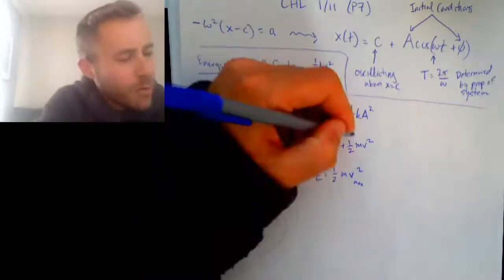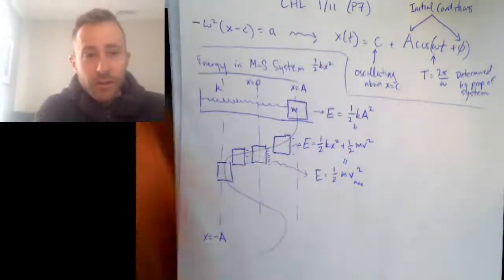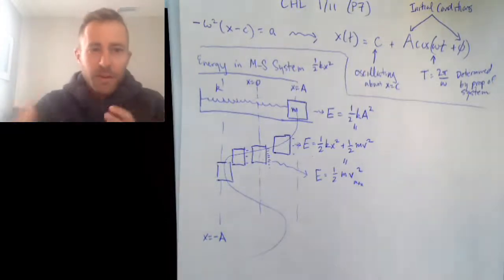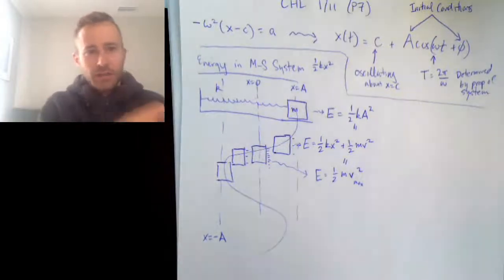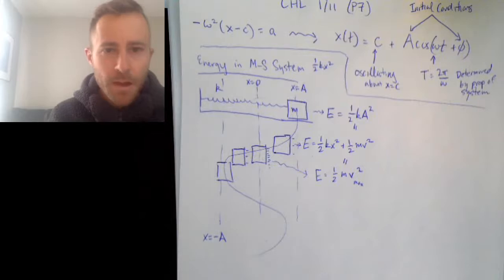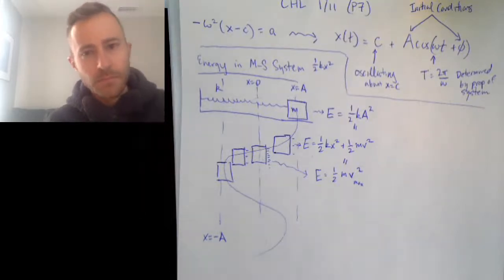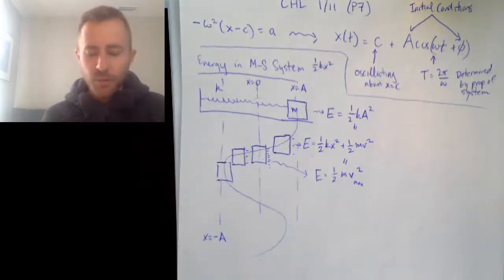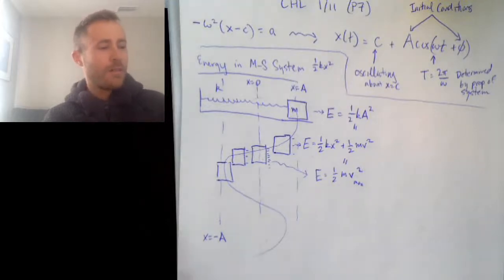Okay, so all three of these expressions for the energy are the same because the energy is conserved, but the breakdown of the energy in terms of kinetic and potential is changing as it moves back and forth. So I would like to go ahead and prove to you that energy is conserved in a mass spring